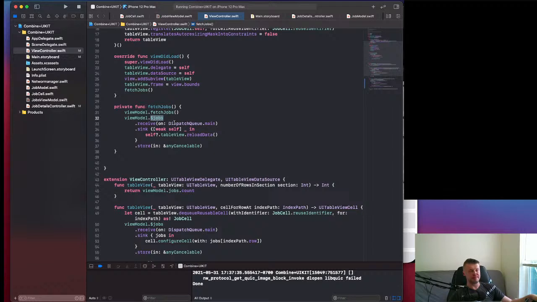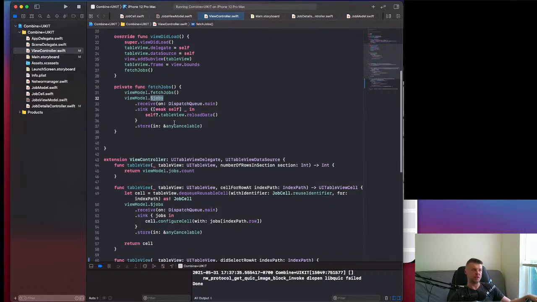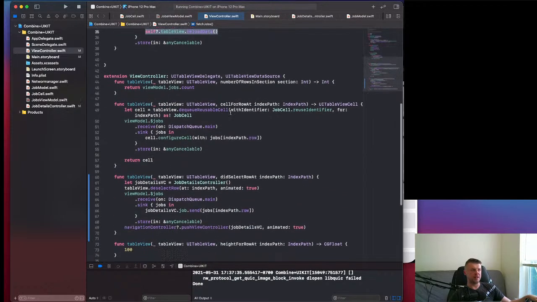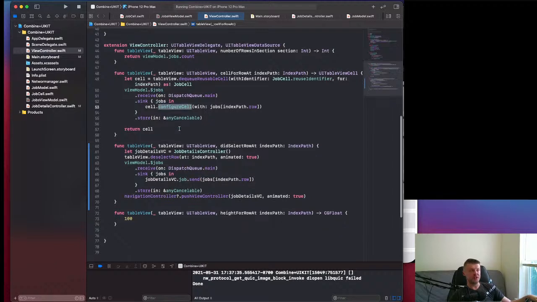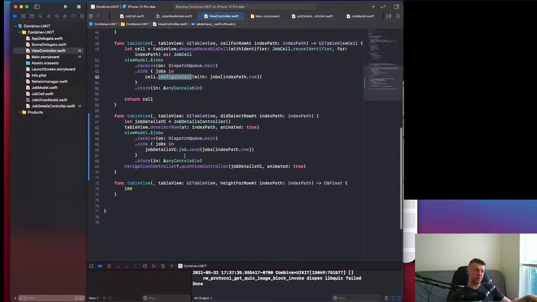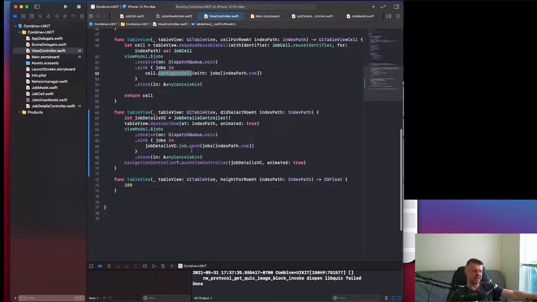The first time we subscribe to it, it's going to reload data on the table view, and then on the table view itself we're going to subscribe to it when we're configuring our cell, and based on the array, we're going to configure our cell with the configure function, and also we are going to configure our detailed view controller, which has